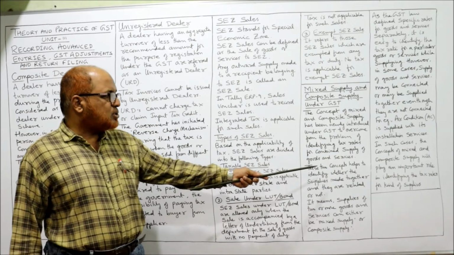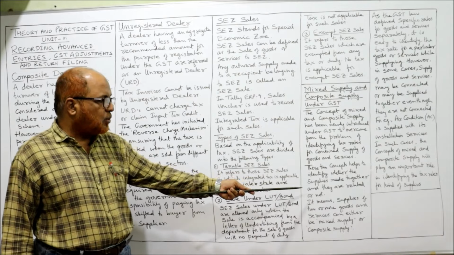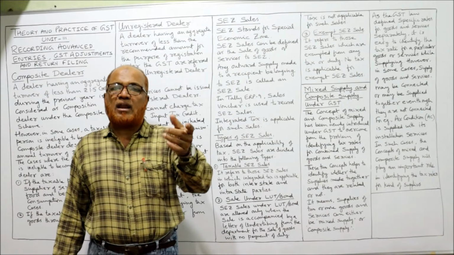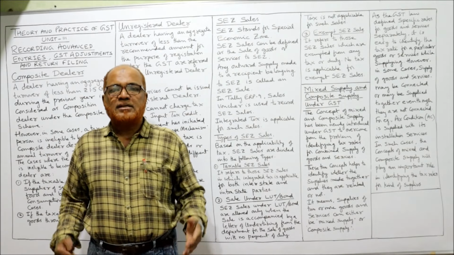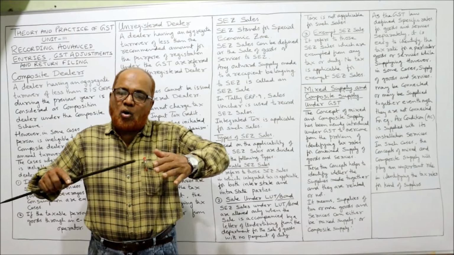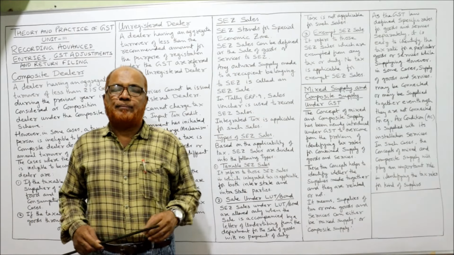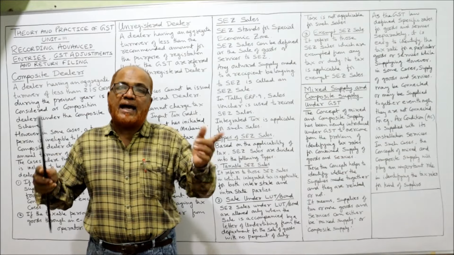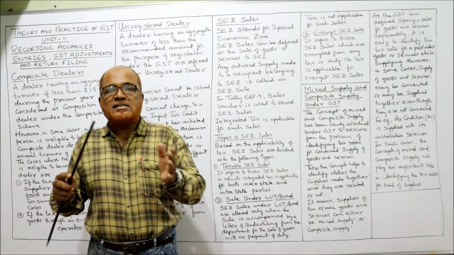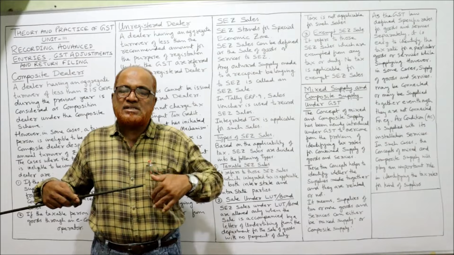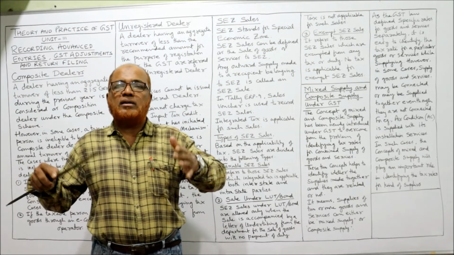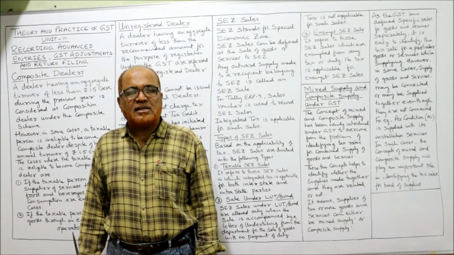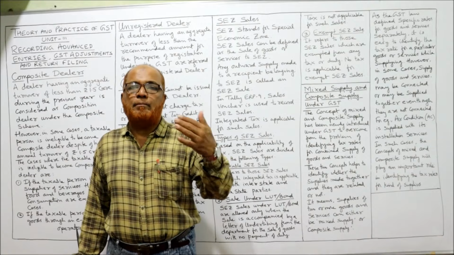What are the rules? These two concepts help to identify whether the supply is made together and whether they are related or not. First of all, we have to see whether the goods and services are related or not related. Sometimes the supplier will supply a combination of goods and services which are related. That means there is some relationship, and we cannot segregate it. Naturally, they are combined together. And secondly, not related. That means the supplier can sell it individually or can sell it in combination. So the law has said that we have to identify whether it is a mixed supply or